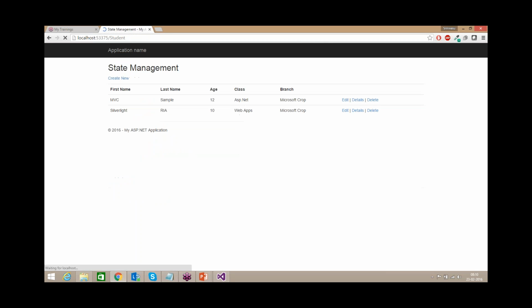So that is ViewBag. It is a dynamic type. The properties you declare and the values you assign at runtime, the type of the data will be resolved at runtime, and you can access the ViewBag data in the respective view only, no other places. That's the ViewBag. And then we have ViewData.